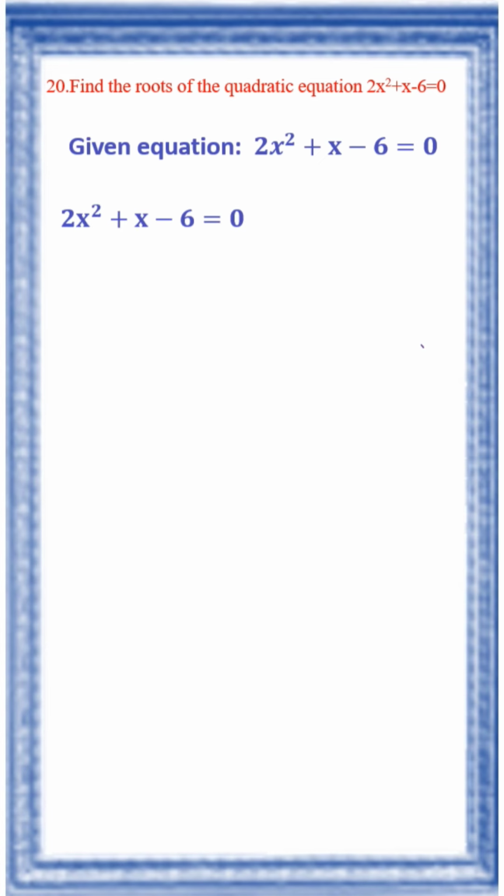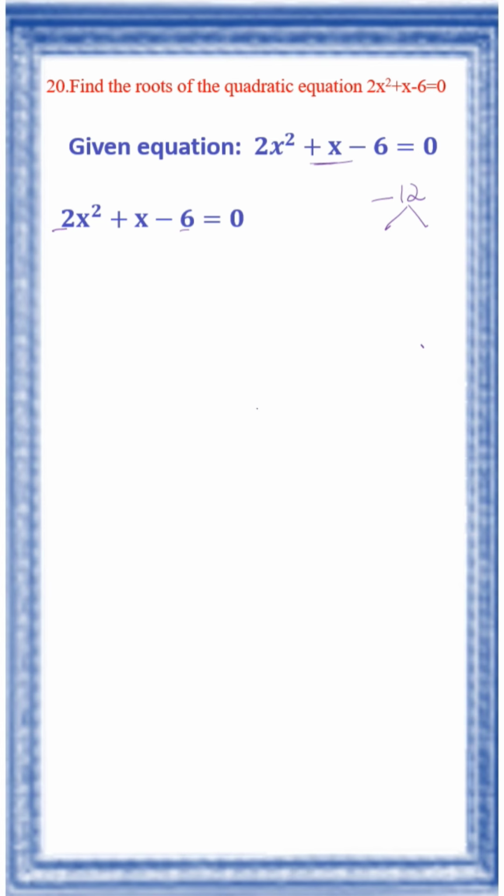20th question: Find the roots of the quadratic equation 2x square plus x minus 6 is equal to 0. The given equation is 2x square plus x minus 6 is equal to 0. Here we can solve it by factorization method or formula method. 2 into negative of 6 is negative of 12. We have to split this one to get